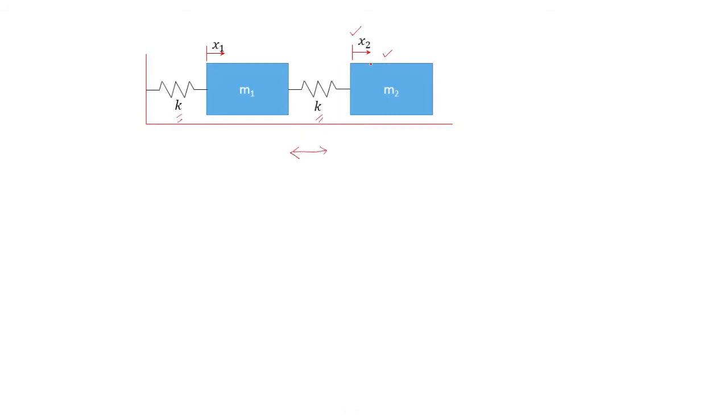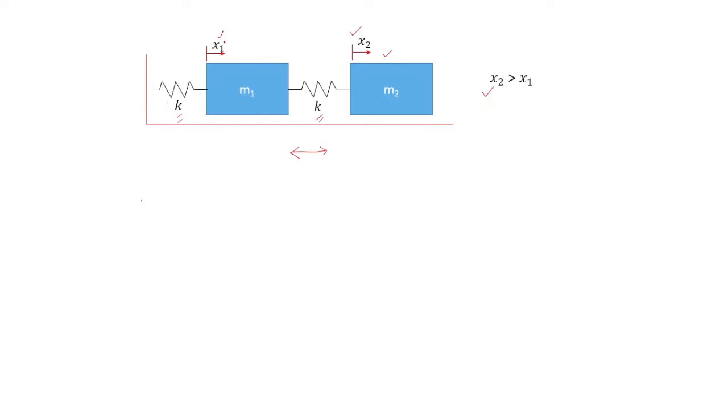The displacement of mass m2 is denoted using x2 and the displacement of mass m1 is denoted using x1. So at different instants of time you will have different values of x2 and x1, and also the direction is changing from the positive x direction to the minus x direction. Now let us consider one time for which the displacement of mass m2, that is x2, is greater than the displacement of mass m1, that is x1.